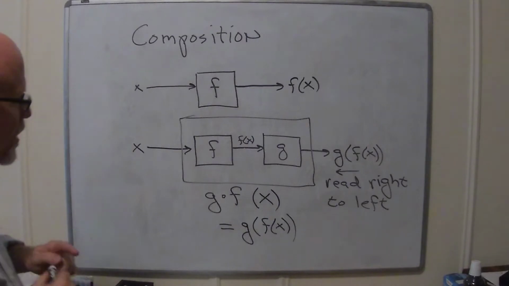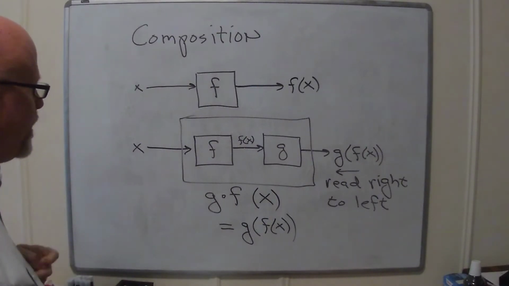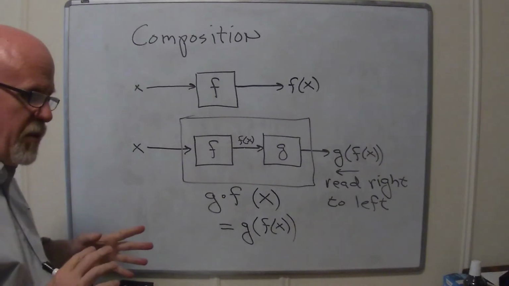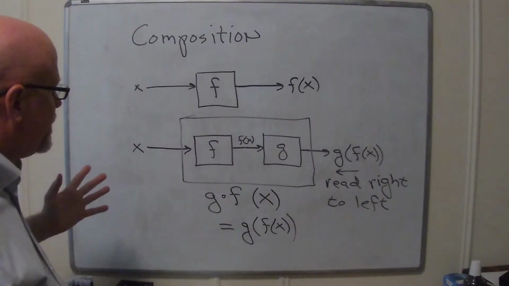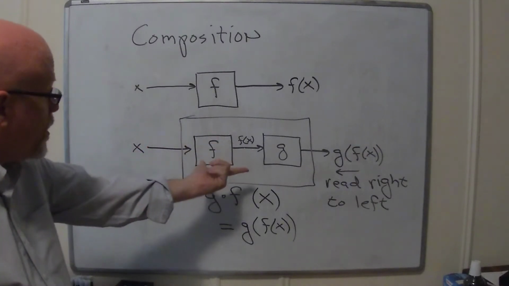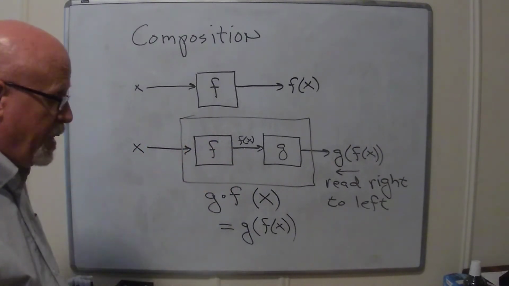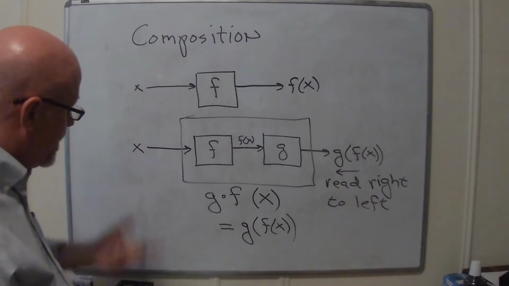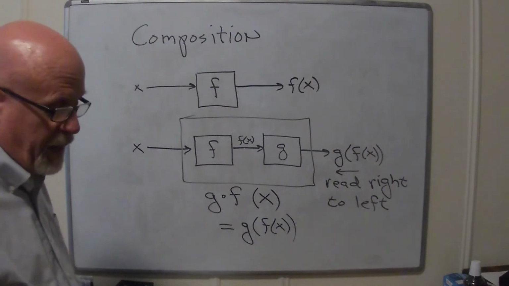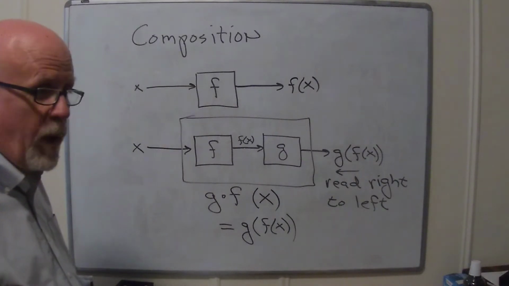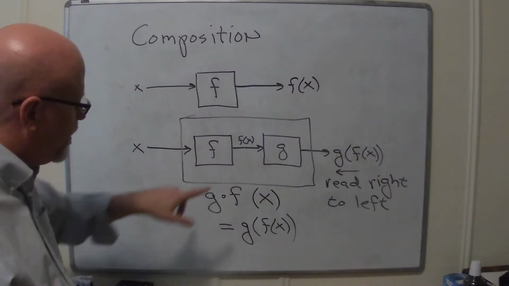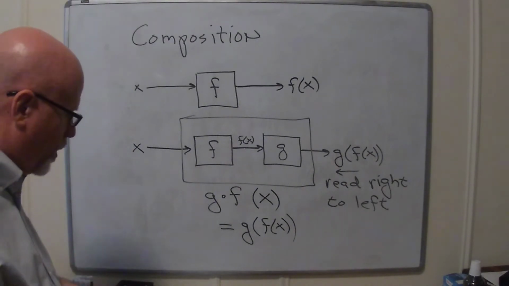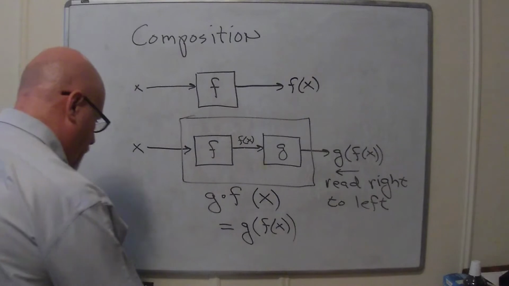So I would encourage you to think about other pairs of household appliances you might be able to put together. Some of them work and some of them don't. Right? Like, for instance, if this was a washer and a dryer, can I put them together in the other order? Stick my dirty clothes in the drying machine and bake them for a little while, and then stick them in the washer, and what's going to come out, I guess it'll be clean, but it will still be wet. I haven't done things right that way. So the order matters. This is one of those times when you can't just flip orders around. Functional composition is not a commutative thing.